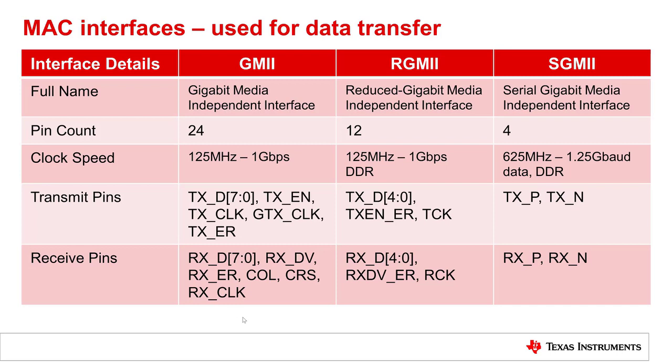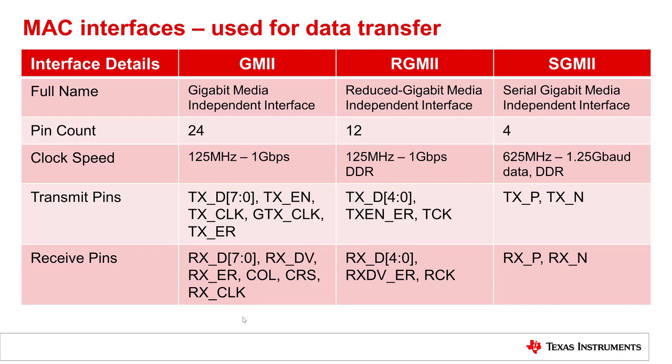Next is the RGMII, the Reduced Gigabit Media Independent Interface. This only needs half of the pin count of the GMII, which is 12. Here again you have 125 MHz for the 1 gigabit per second. Here you only need 5 pins for the transmit data lines, as well as the TX enable, error, and the TX clock, and for the receive